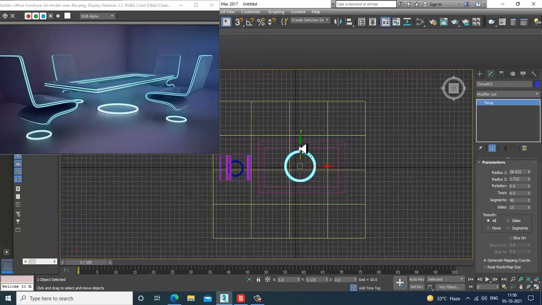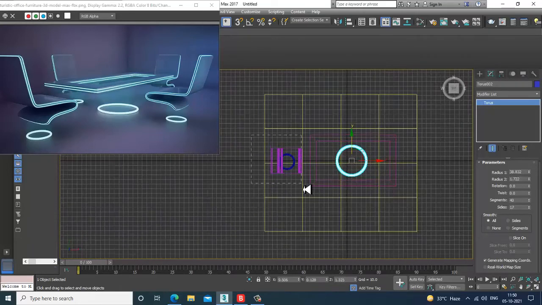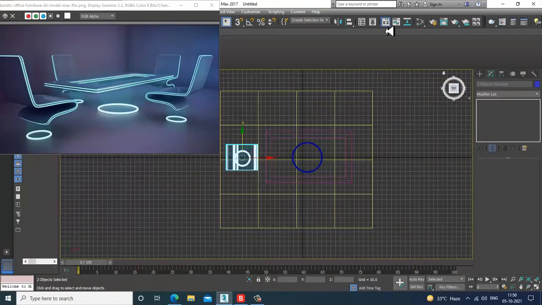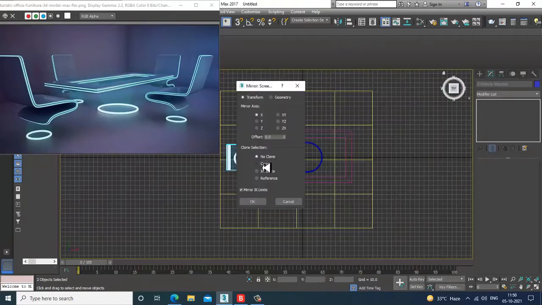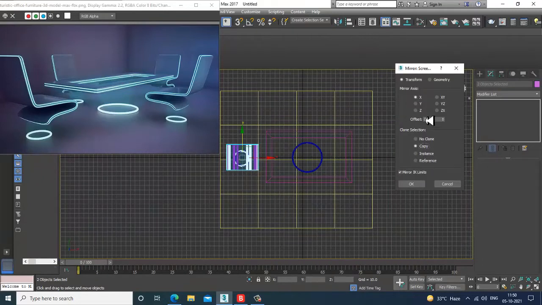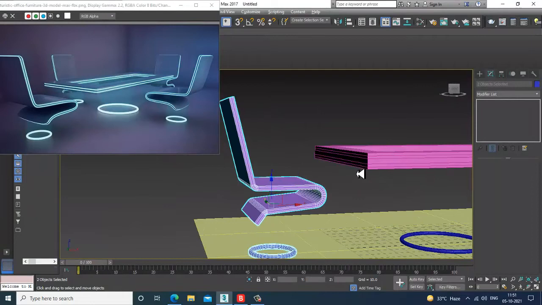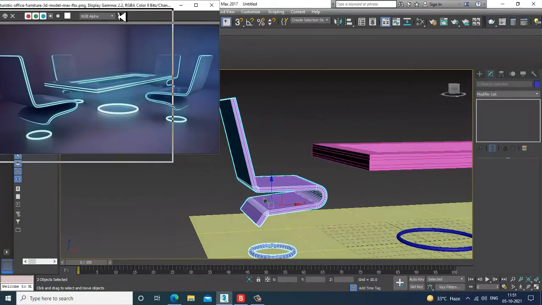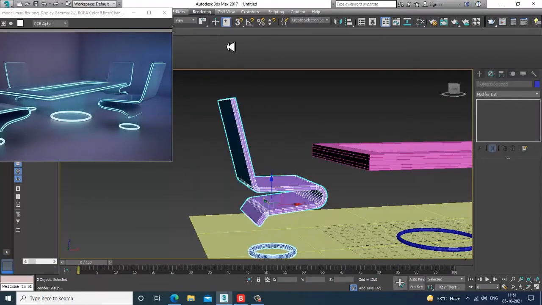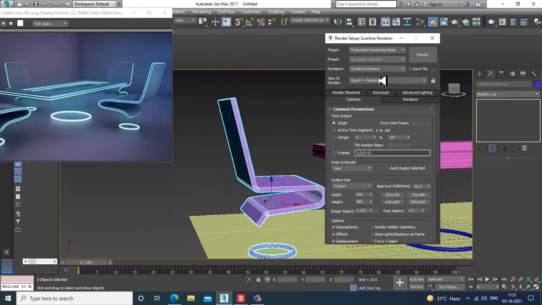Select this whole thing and mirror it in the x-axis and copy it. Before copying it, let's go into rendering, render setup, and I'll activate V-Ray over here.